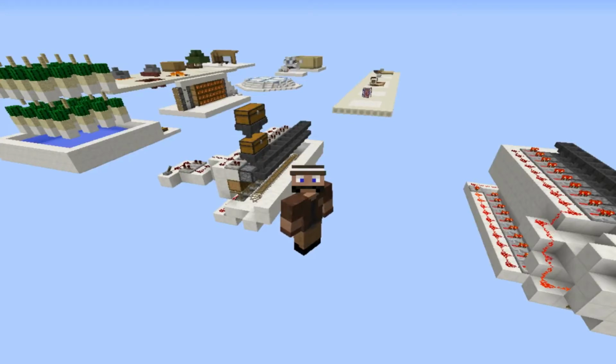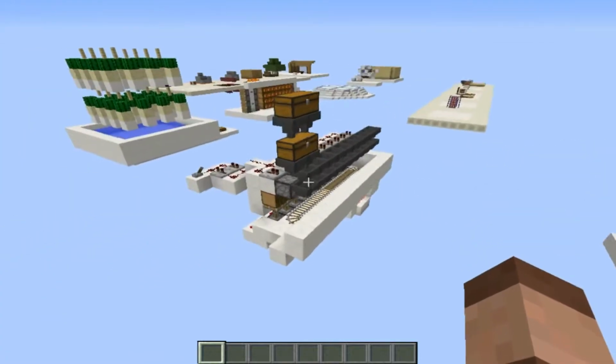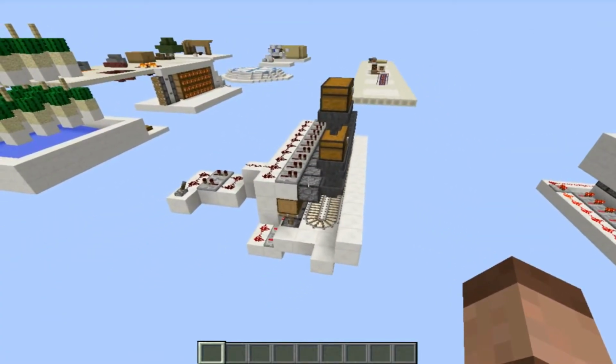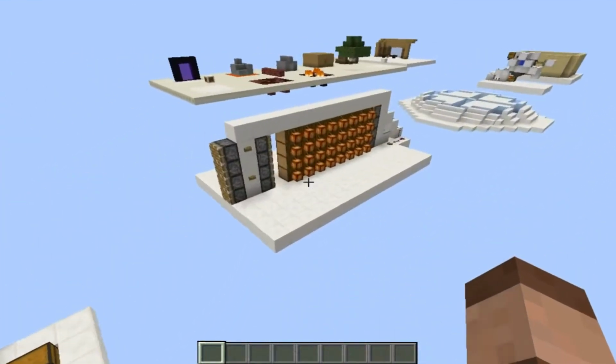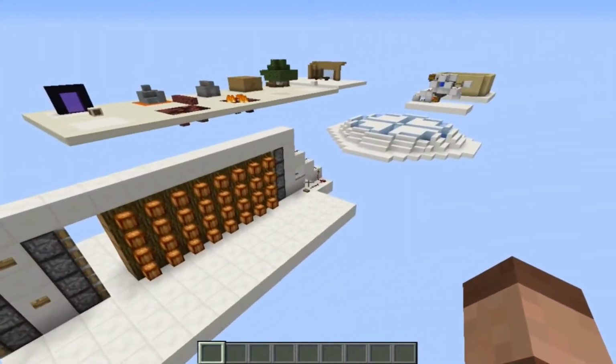Hey guys, Crafted here, and this is my automatic cocoa farm tutorial. I'm really happy with the way this has turned out. I've spent not too much time on it, but a little bit of time making this a fully automatic cocoa bean generator. I actually got the idea when I was making this video, which was my last video before this,